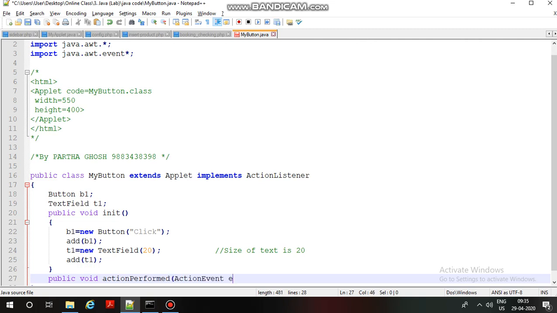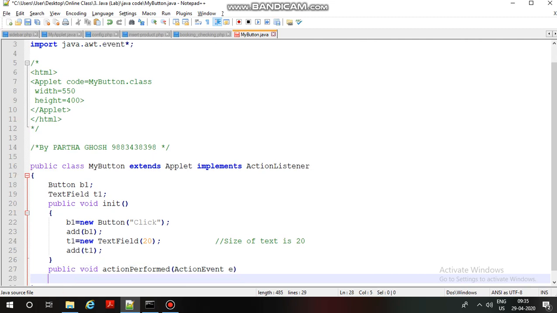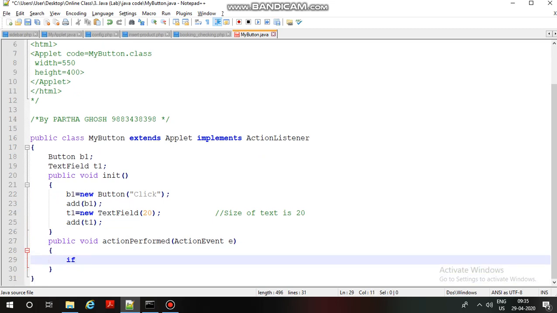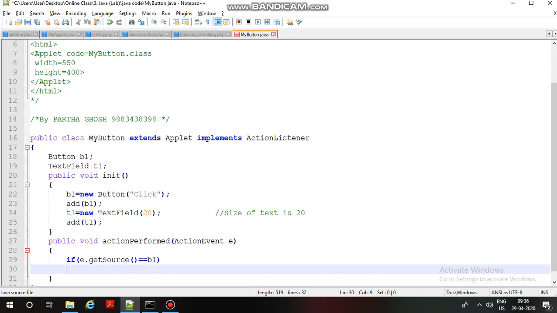Say any name, say e, and you just write down if e.getSource, the occurred event, is b1, then I just want to enter some text into my text field.